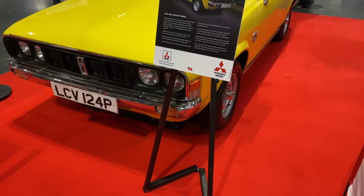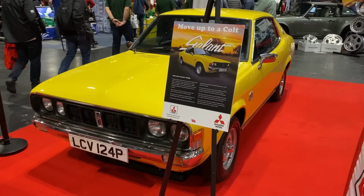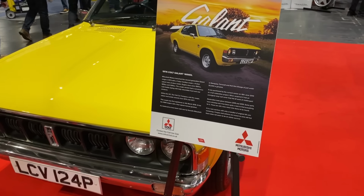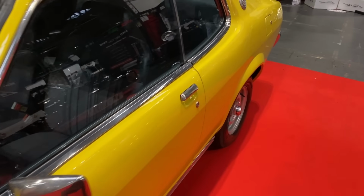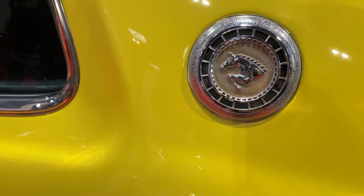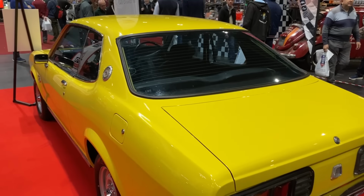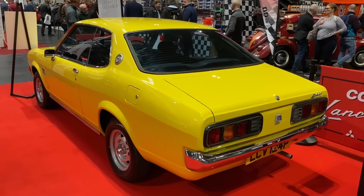And we've got a Galant DL, a 1976 Galant DL. Wow. And that is in great order. Absolutely great. 2-door hardtop coupe version of the Galant. I can't remember there being a coupe version of the Galant, but clearly there was. Some lovely features. They've even got the, well, it's a Colt, not a Mustang, but there you go. Well, that's a rare collection, and hats off to the Colt Car Club for turning out these